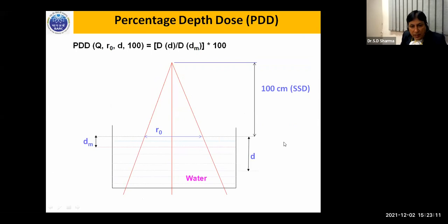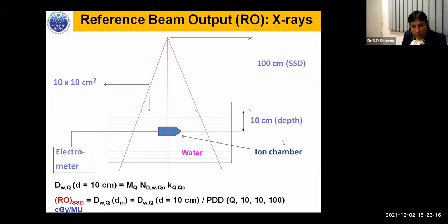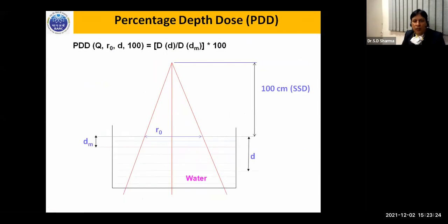Now, second thing, we then require relative dosimetry parameters. So I will give you some information on what these parameters are. Now, the percentage depth dose. So you know that percentage depth dose is a ratio of dose at the depth of 10 centimeter and dose at the depth of dose maximum, as has been indicated in this figure. So since we say percentage, it has to be expressed in terms of percentage. Usually we multiply by 100 and express this value.